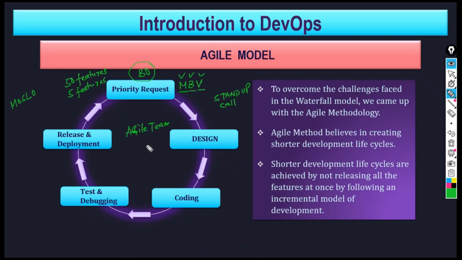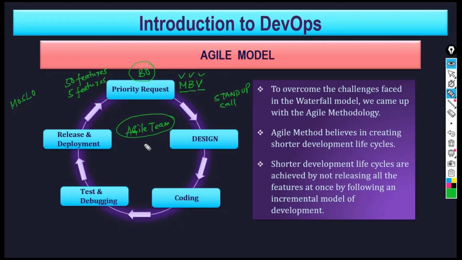What do you think? Will there be any project manager in the agile team? I think you can have a Scrum Master. Scrum Masters are not project managers, they are Scrum Masters. They are part of the DevOps team or the agile team, but there is no project